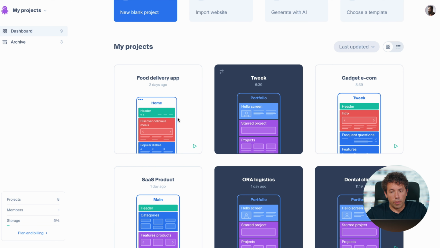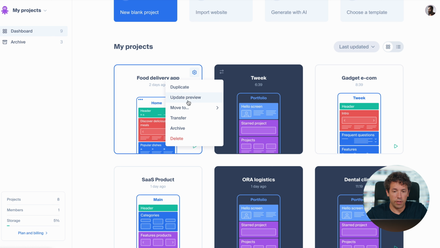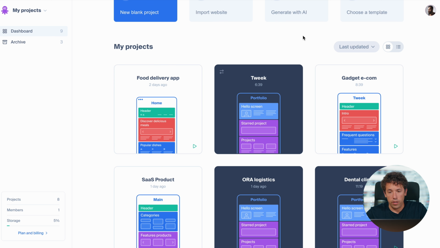The center space is all about your projects. There are previews that help you locate the project you need. There are a bunch of actions like duplicate, update preview, move to a different space like a team space, transfer to another user, archive project, or delete project. You can reorder your projects, you can change the layout from slides to list,